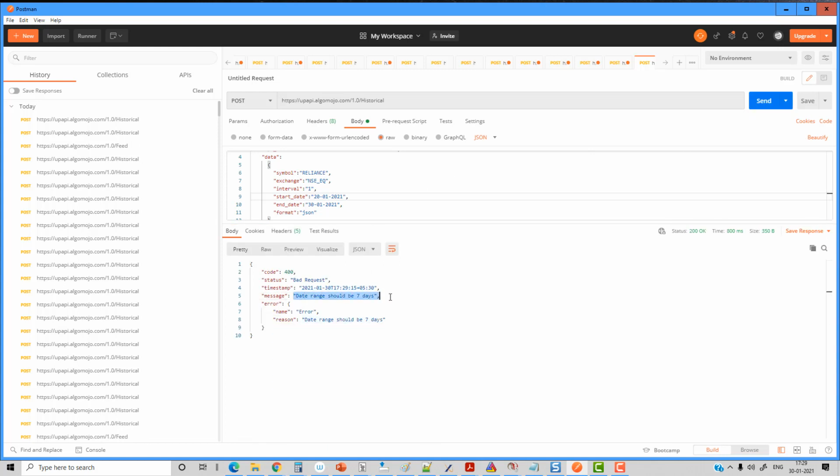You can go and get any historical data within the last 180 days. 180 days in the sense approximately the last 6 months of 1 minute intraday data. Any day you can go and fetch those intraday data. For example, let's say I want to get December data. So I'll make this 2020, last year's December data.